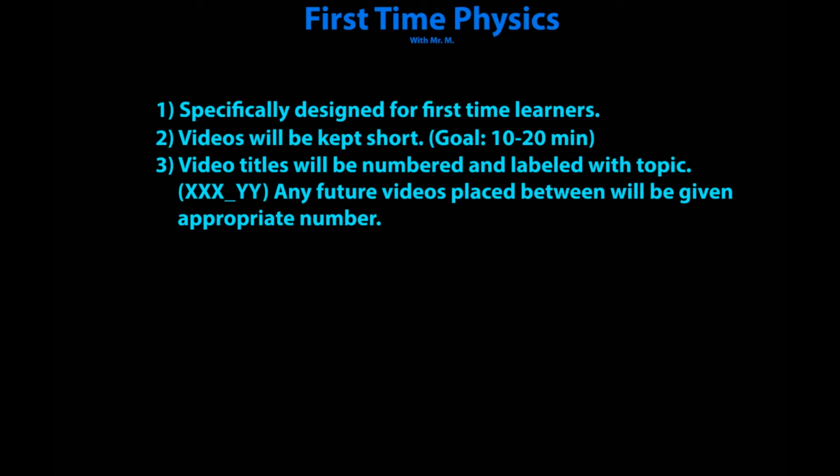And any videos I make in the future that I believe need to be placed in between videos I have made, I'm simply going to add that to the numbering system, the YY. I'll then put a link in the comments, so if I do need to input any further videos into the program, you'll know what order they need to go in. And since I'm labeling each video with a subtopic, they should be able to be searched for quite easily if you need a specific subtopic.